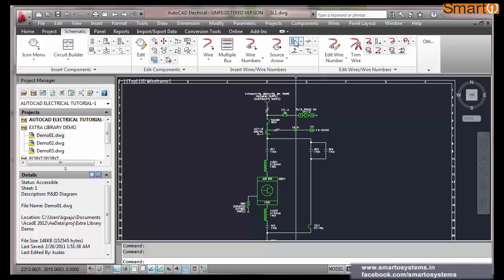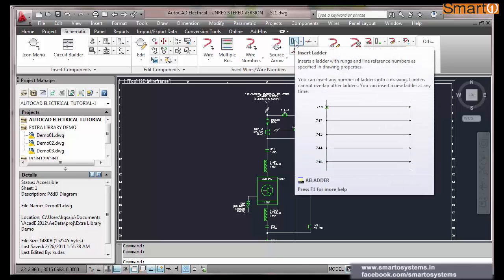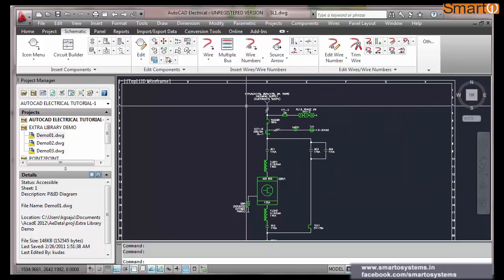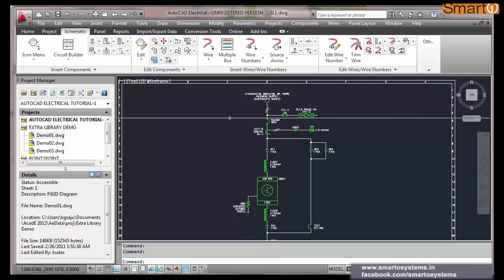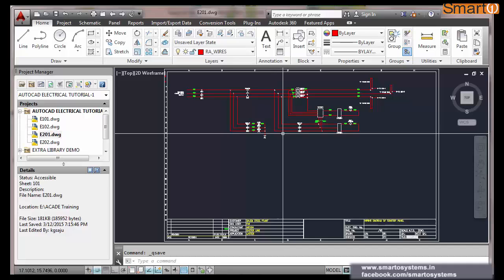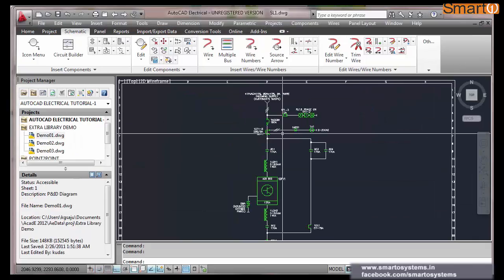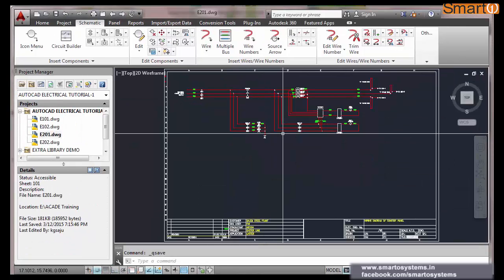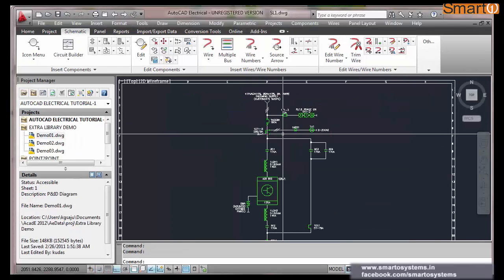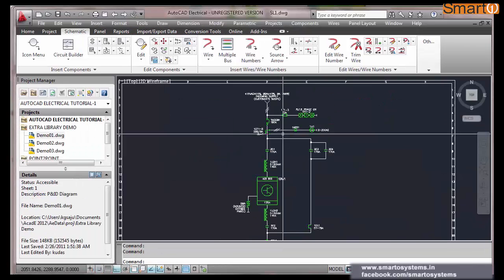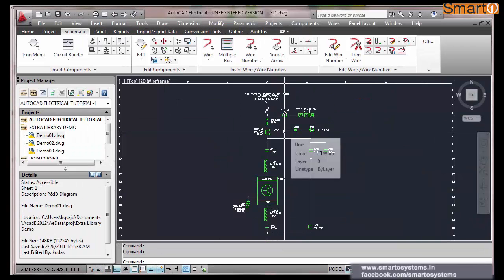Okay. If you keep the mouse over this for a few seconds, it will show you what it stands for. Again, one more thing I would like to bring to your attention: this is AutoCAD Electrical, and this is also AutoCAD Electrical. If I go to schematic, this is AutoCAD Electrical, this is another version. You hardly note any difference between these two. In fact, you won't notice any difference, but there are a few differences. Like this is a lower version of AutoCAD Electrical.